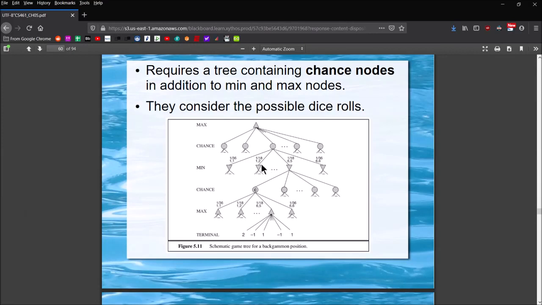Now, the next node over, 1/18, 1,2, what does that mean? Well, there's a 1 in 18 chance that the die rolls came up a 1 and a 2, right? And so the ellipsis there is indicating that this is going to be a series of nodes, and we can't account for all the nodes that can be generated in the figure. It's just not enough room. But anyway, this is trying to account for if you roll snake eyes, a 1 and a 2, a 1 and a 3, a 1 and a 4, a 1 and a 5, a 1 and a 6, a 2 and a 1, and so on. So there's a lot of options there. You have a 1 in 36 chance of rolling double 1s, and you have a 1 in 36 chance of rolling double 6s, and everything else is a 1 in 18 chance, right?